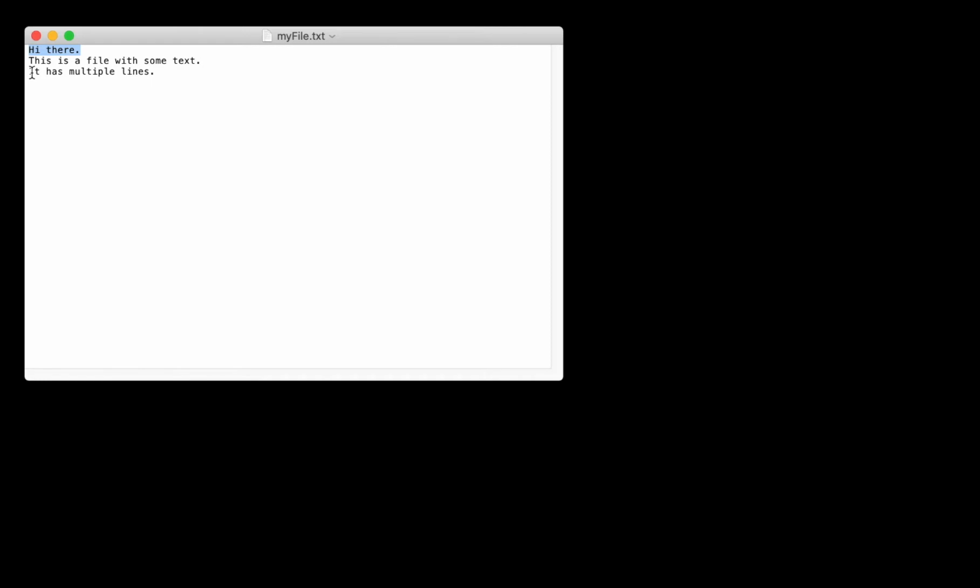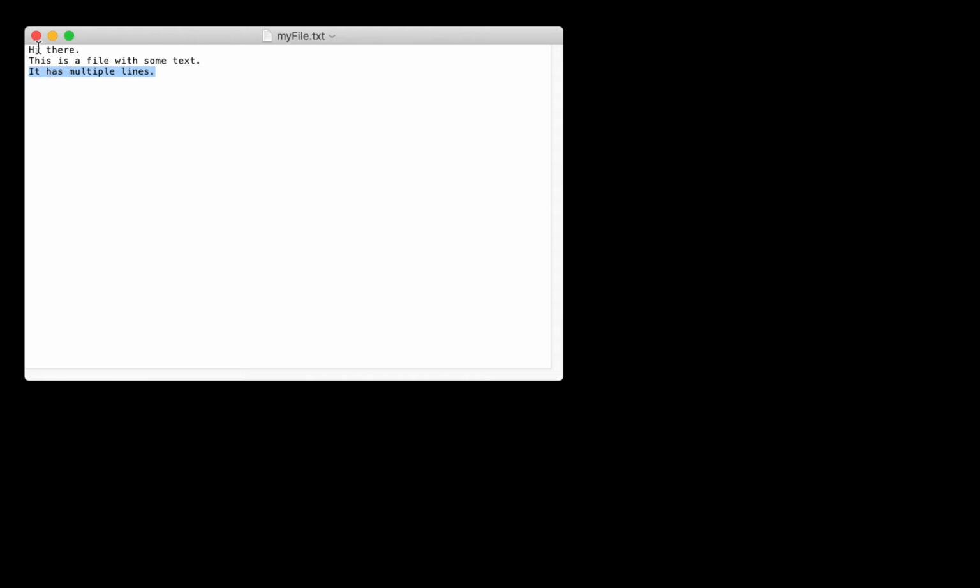Then I use that variable and write it to the output file. In the next loop iteration, it will read another line, the second line here, store it in the line variable, and then output it to the output file. And then it'll read the next line, store it in the line variable, and output to the output file.